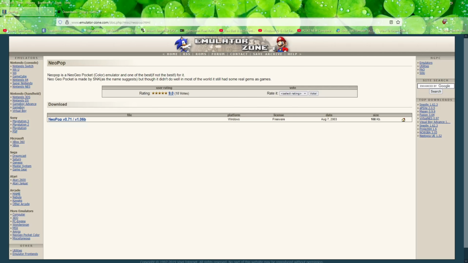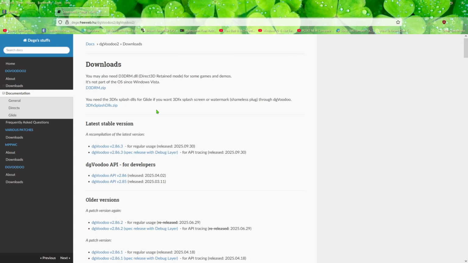We're going to travel to one page for the emulator. So this will be in the description. So you just go ahead to this page, download this right here. If you want the added features of DG Voodoo, we're going to go ahead and travel also to this one. This one's not necessary. You can run it without this. If you do want this one, we will travel over to this website and we're going to download the latest